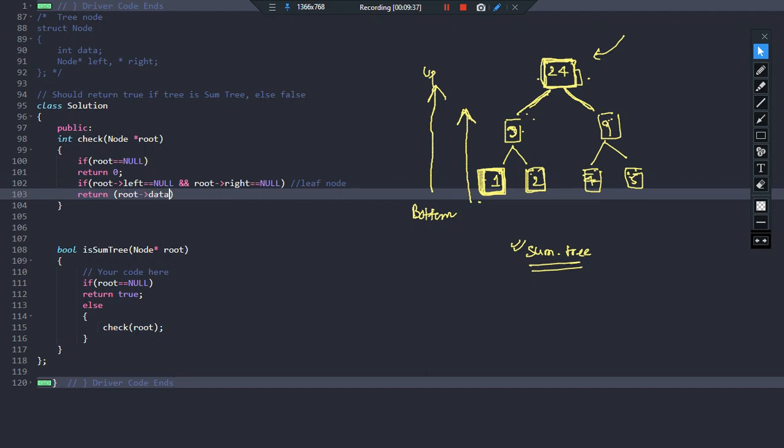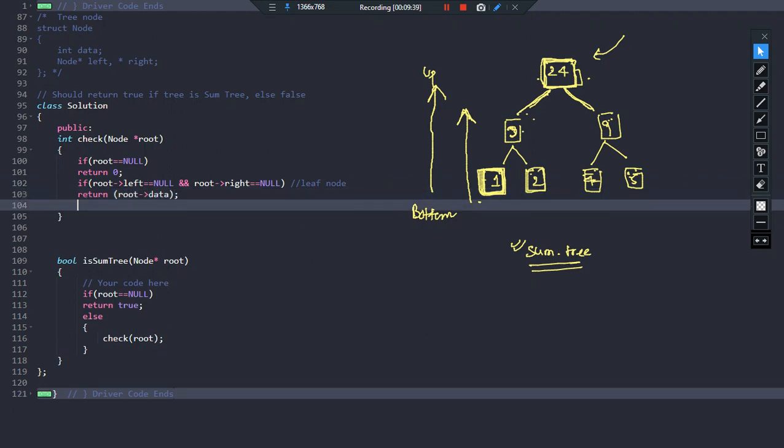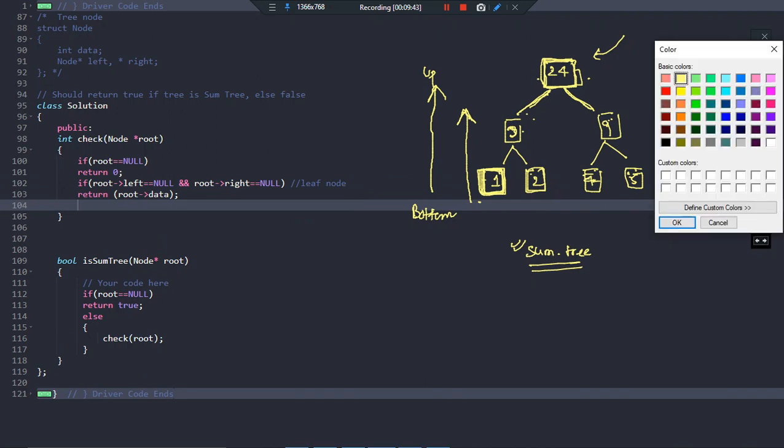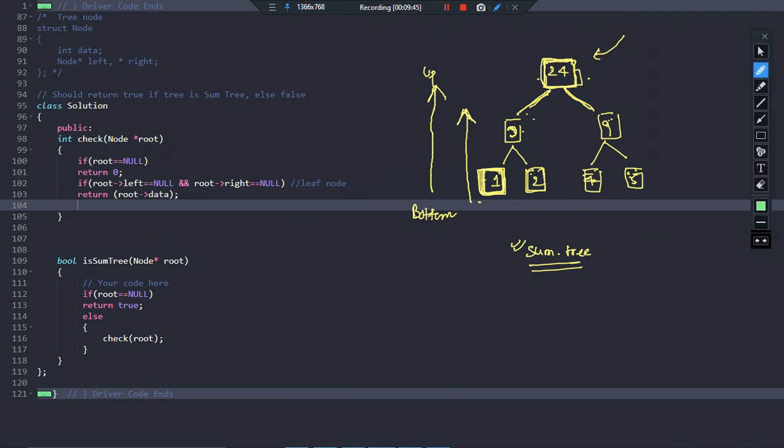So I'll explain to you what is happening here. Basically, my objective is, first of all, as I said, while constructing this tree, I wanted to create a sum tree. And what did I do? I started from the bottom and then I traversed upwards. So just follow my approach. How did I create this tree? In order to create this tree, I first of all considered this node and this node. This node value plus this node value, meaning the leaf node.